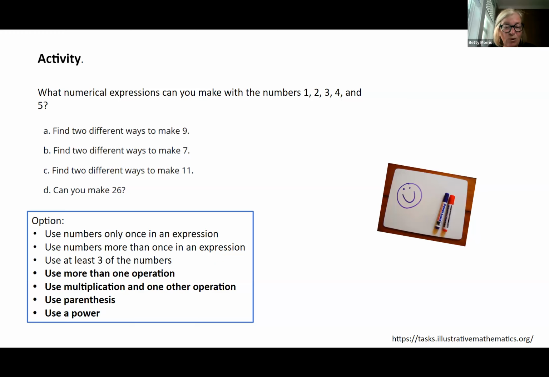I don't know if it's parentheses with an E or an I. No, I'm all mixed up. But you can see the same activity can be used through all the 3 grades.